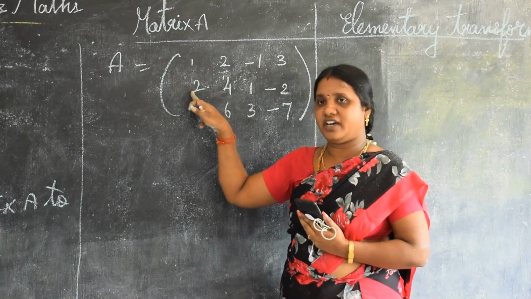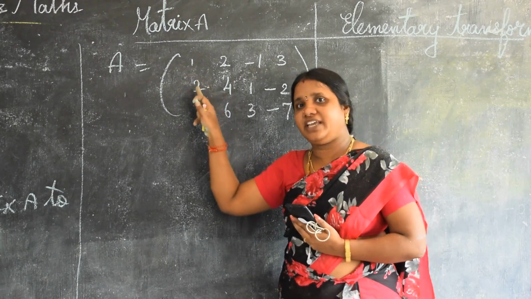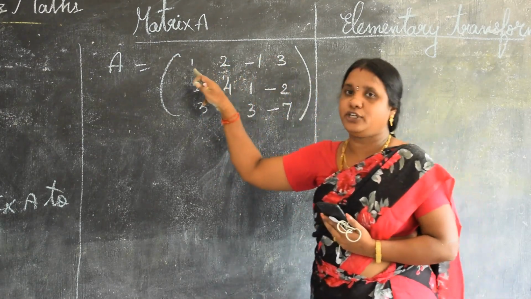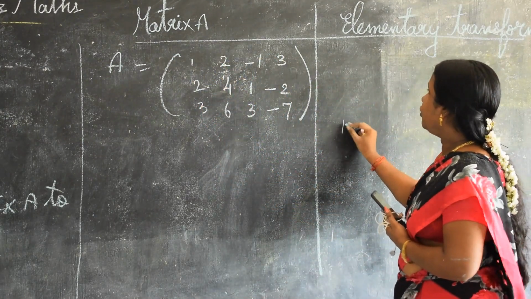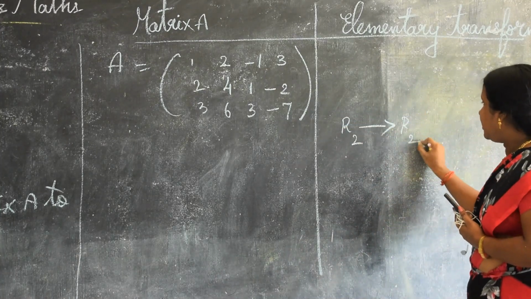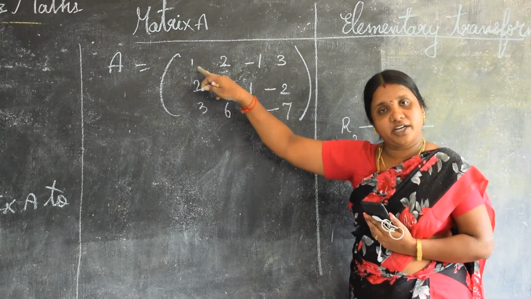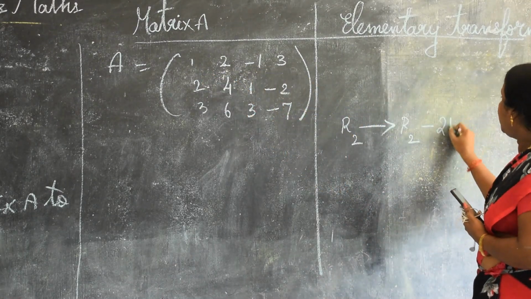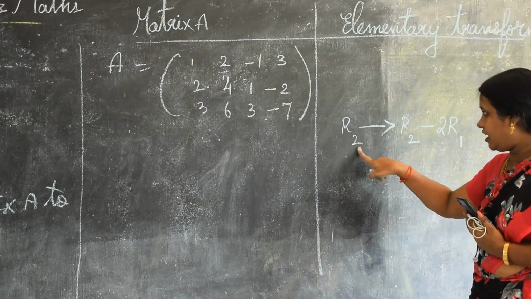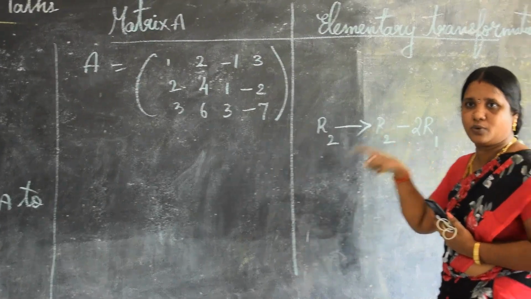So what can we do? If we want 0 here, then we have to subtract something, or multiply with a scalar. Here we have 2, so we can write 2 minus 2 is 0. First you have to multiply this r1 by 2. To get 0 in r2, I am going to subtract from r2, but I need r1 to give 2 here. Then only 2 minus 2 gives 0. So I am going to multiply r1 with 2. This is the elementary transformation. Since I want 0 in the r2 place, I am multiplying r1 by 2. Then 2 minus 2 gives 0 below the 1.